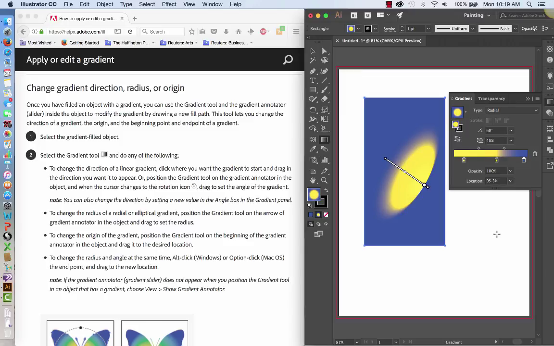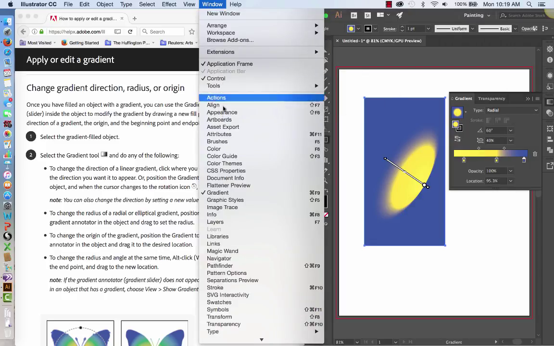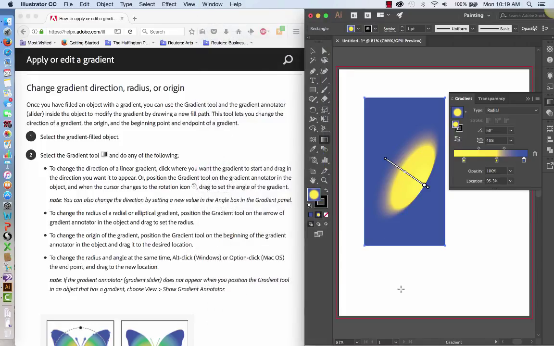Next we'll follow a little bit about how you can create some of the other color options, color library. Let me see if I can find this here for you. We'll go under Window, and you're going to go under Color. And you can do color themes, color guide, and color. We've touched on a bit of that as well, but we'll spend a little bit more time with that in